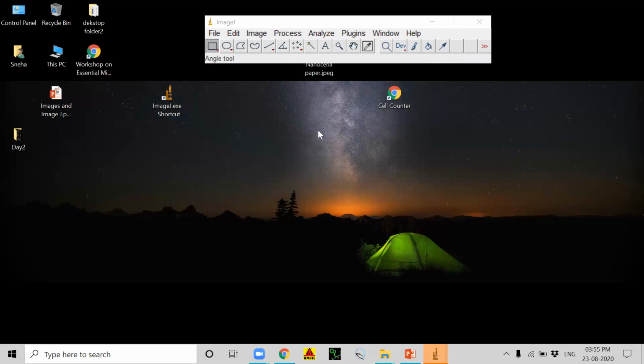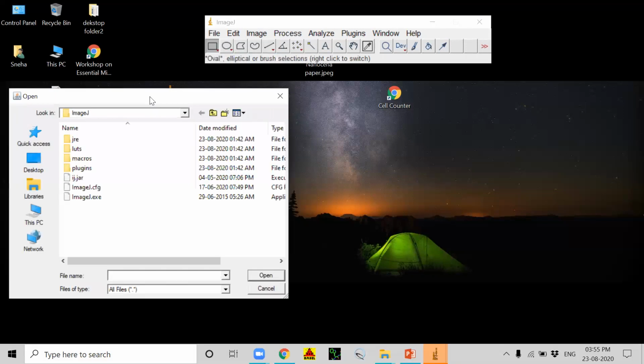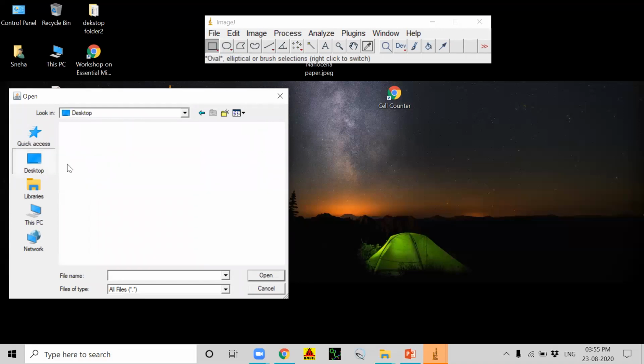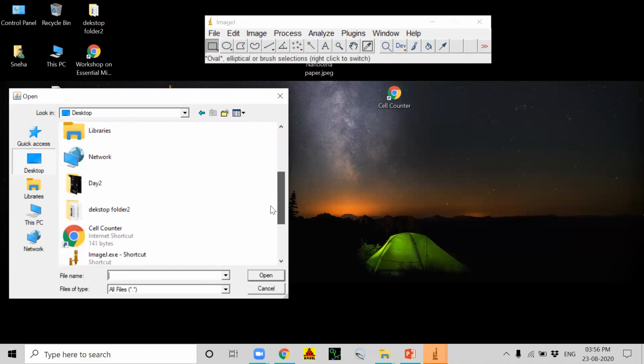Now you can go to your Google Drive Day 2 folder, where you are provided with some sample images for analysis. It is suggested that you download all those images on your desktop as I have done here. Now click on File, Open, and choose the location, the Day 2 folder. I have saved it on the desktop, Day 2 folder,